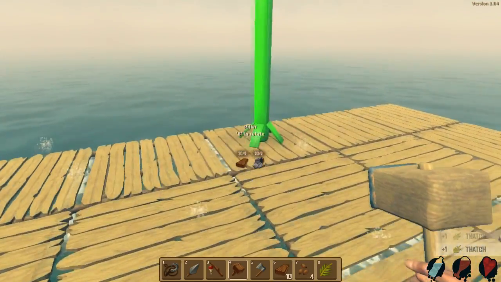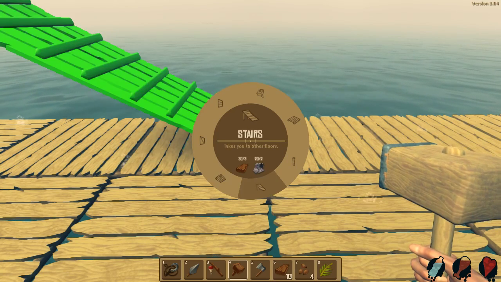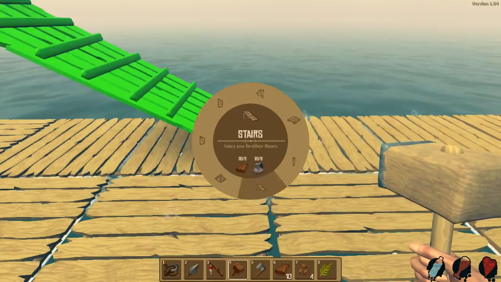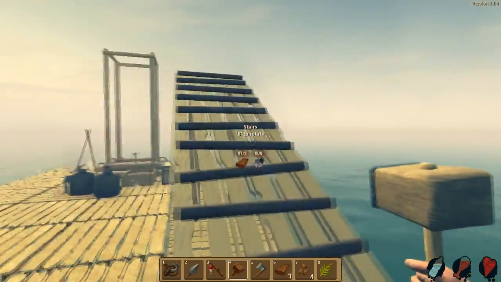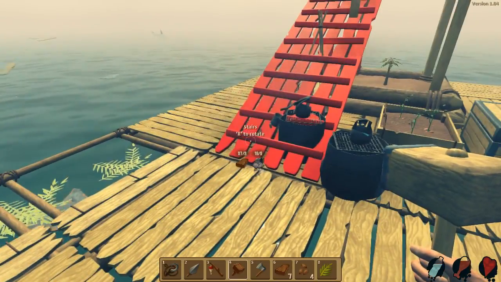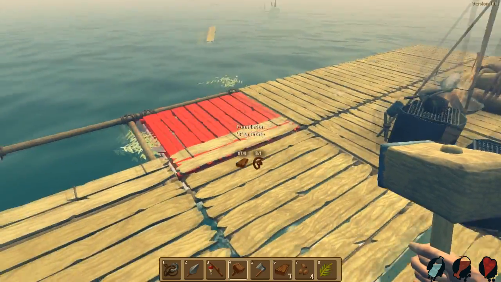At the moment my base is very boring. It is just a flat platform. But if I press right click, I can access a whole array of different platforms and different items. So what I can do is build myself a stairwell here, and then off this stairwell I can build the next array of items that I want to build. So if I build some foundation,